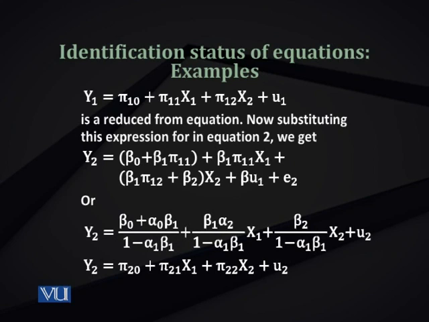Again, in the same fashion we did with the first reduced form equation, we'll be labeling these expressions with pi's. So if you note, the last equation shows y2 is pi 2 naught plus pi 2 1 x1 plus pi 2 2 x2. Let's see what this 2 naught, 2 1 and 2 2 mean. As I told you, we have two subscripts. The first subscript is 2, which shows that these reduced form coefficients belong to the second equation. The second subscript shows 0, 1 and 2, which mean the initial parameter, the first slope coefficient, the second slope coefficient. So for example, pi 2 1, pi with a subscript 2 1 shows pi from equation 2 and slope coefficient number 1.